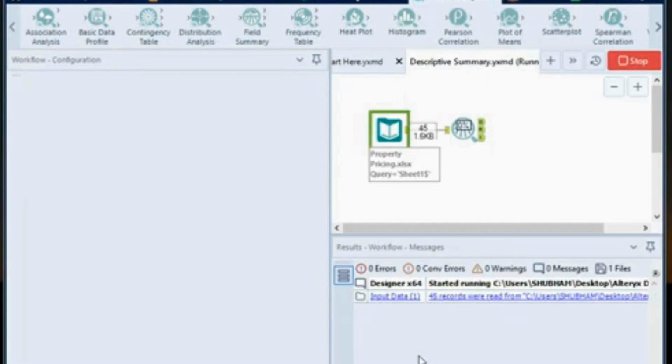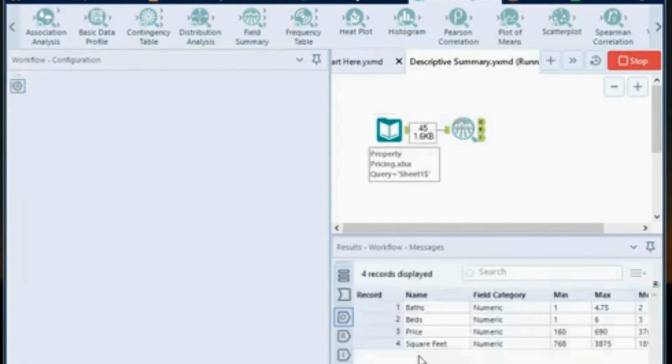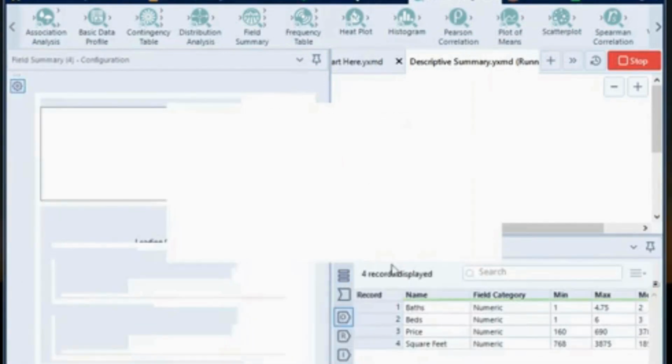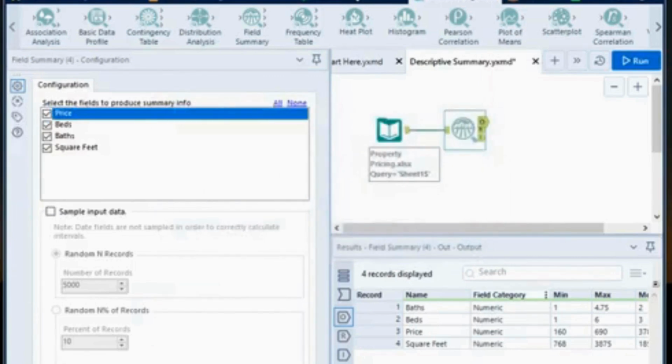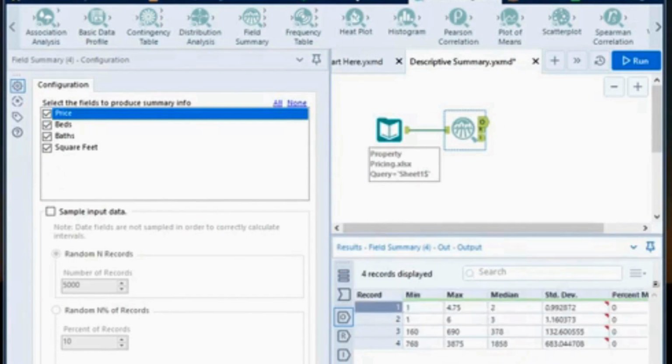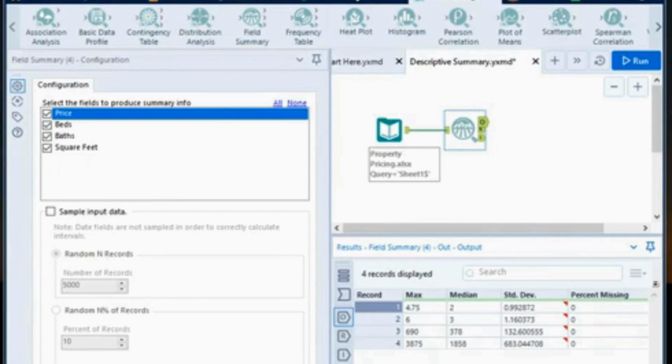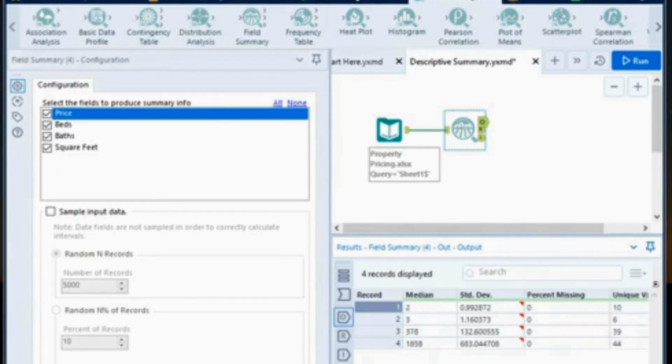This will give you n number of descriptive statistics for each variable in a tabular format. It takes 9 seconds to run the workflow. So from here we can see the variable is bar, it's numeric in category, right? Minimum is 1, maximum is 4.75, your median is 2, standard deviation is this, number of missing values, percentage of